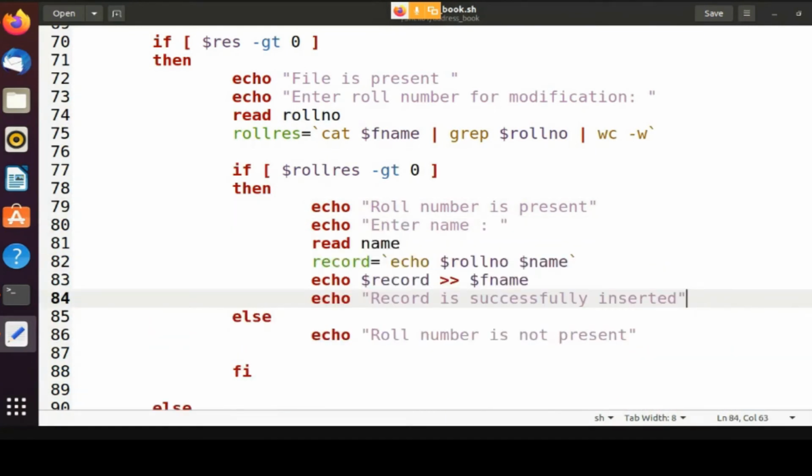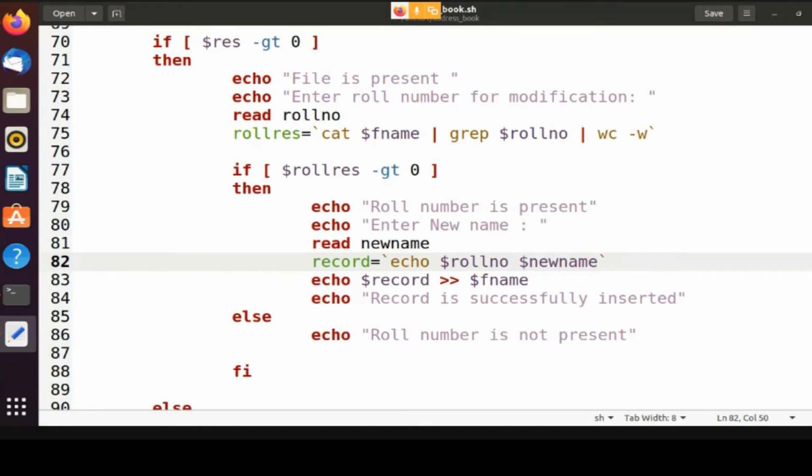You can edit or modify the name only. You cannot modify the roll number, because the roll number is the unique key. You will look for a record on the basis of the roll number, ask the user to enter the new name, and echo this will be the new record. Got it?